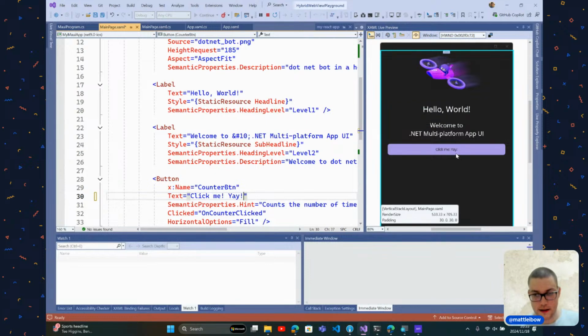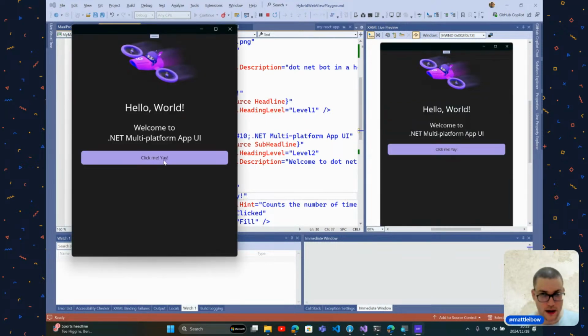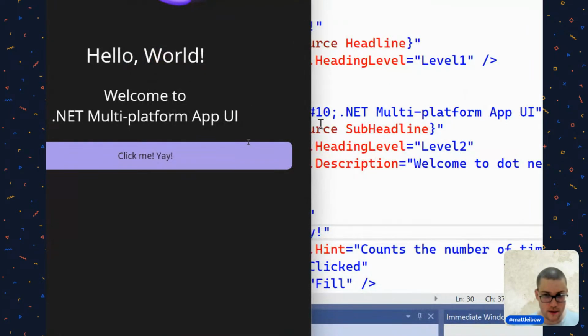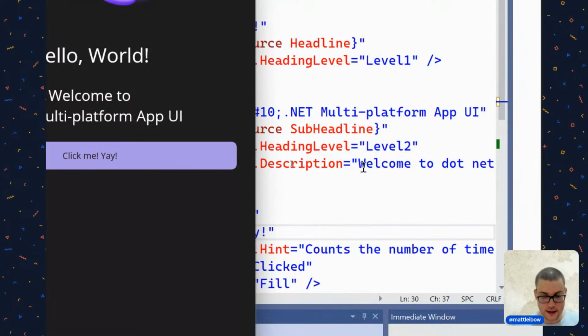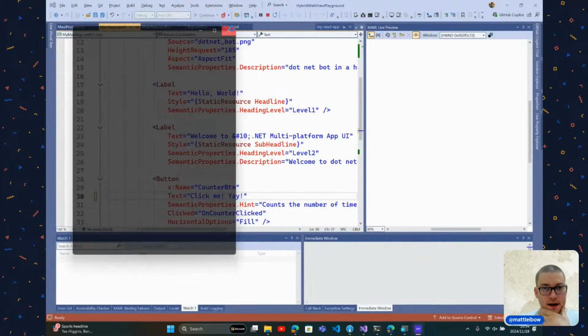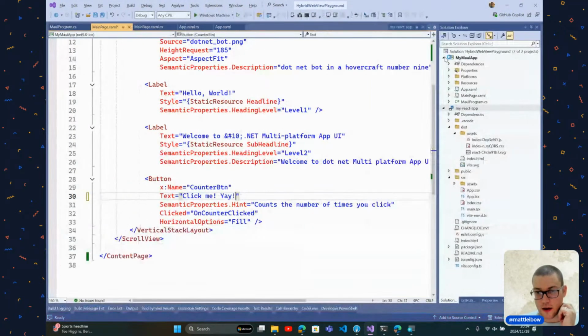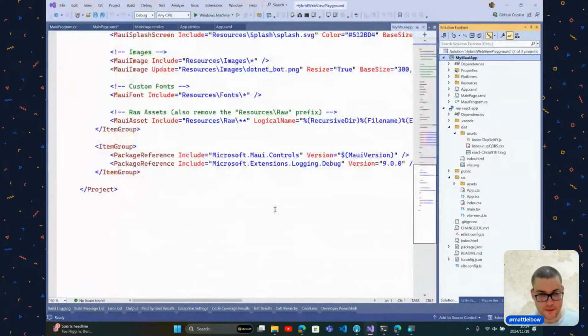Yay. All right. So hot reload is working. Zoom in there. Woohoo. All right. So let's close that. So now we've got our Maui app running. Now we want to get our content into there. So what I'm going to do